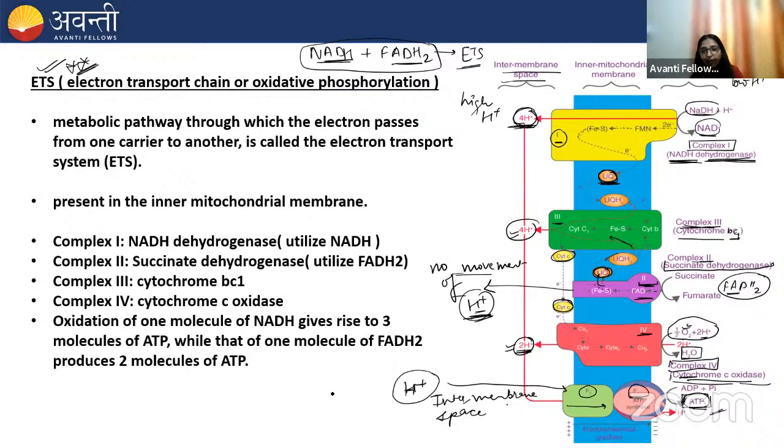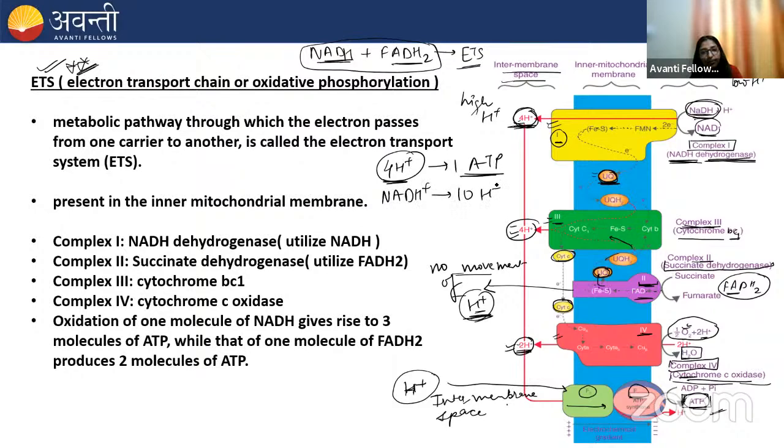I hope it is clear now. And one more thing, 4 protons, when passed through this F0, F1 ATP synthase, generate 1 molecule of ATP. So when 4 protons pass, they generate 1 molecule of ATP. So when we have only NADH, then complex 1 is active, this ubiquinone is active, complex 3 is active, and complex 4 is active. Right? So we are getting 4 protons here, 4 here, 2 here. Total, we are getting